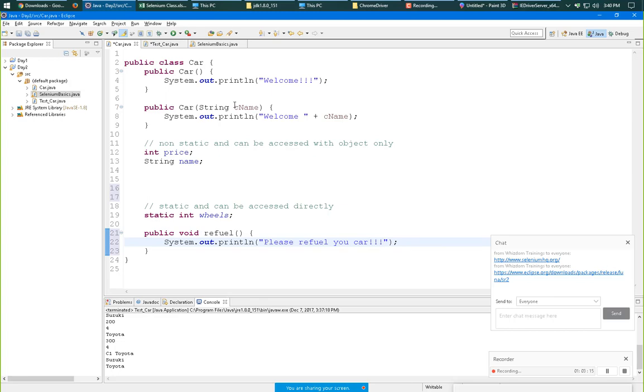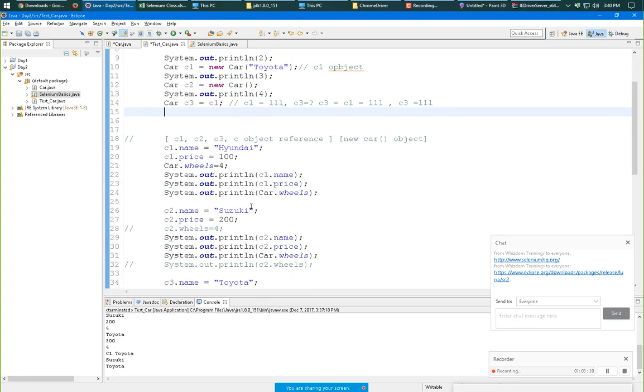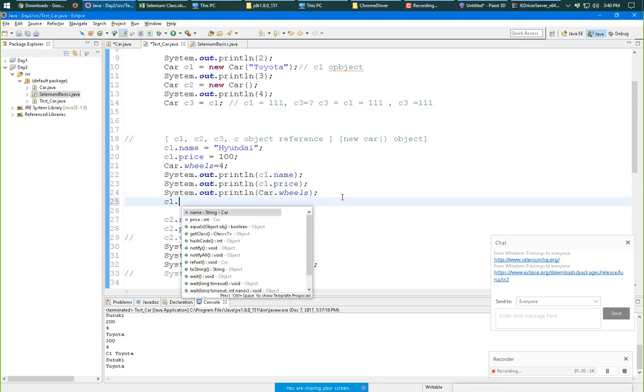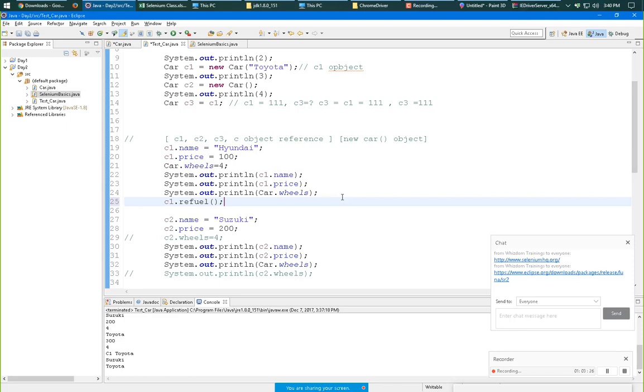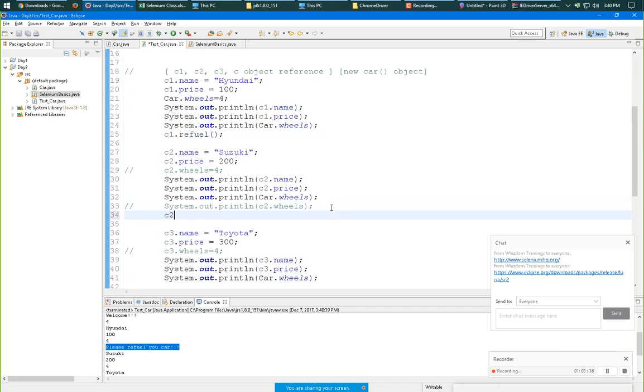To access it, I'll use c1 dot refuel. When I run it, it prints please refill your car. In the same code, if I do c2 dot refuel, now this particular function is blocking some space in memory.